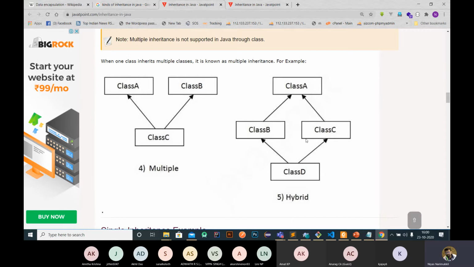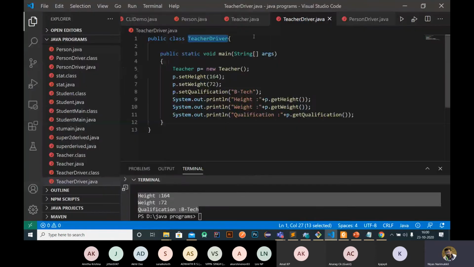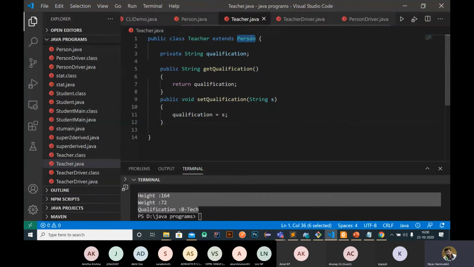So this is also not possible in Java. As I said earlier, we can't do extends person comma another class. Only one class is allowed after extends.